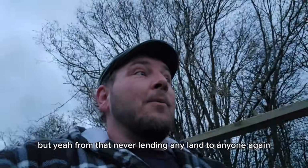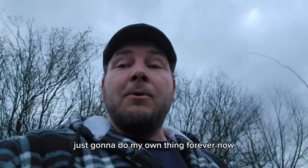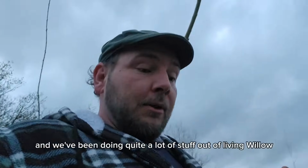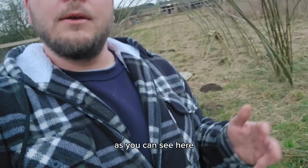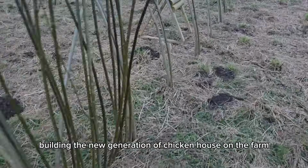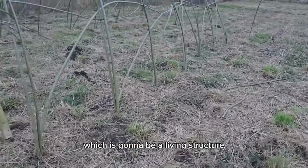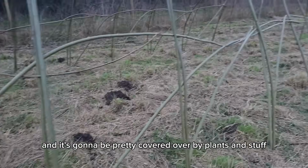But yeah, from that, never lending any land to anyone again, just going to do my own thing forever now, which is a good thing, because this winter we've been doing quite a lot of stuff out of living willow, as you can see here, building the new generation of chicken house on the farm, which is going to be a living structure. Now most of it, obviously when it grows in, it's going to be pretty covered over by